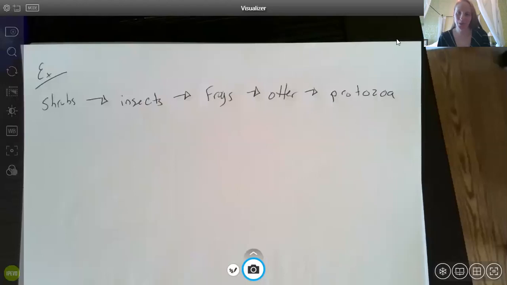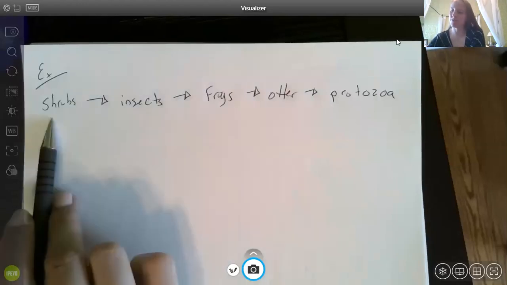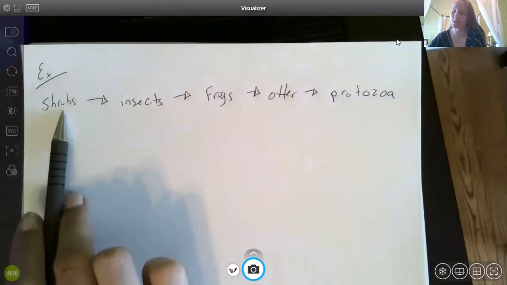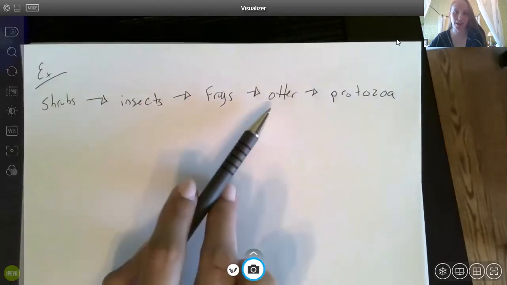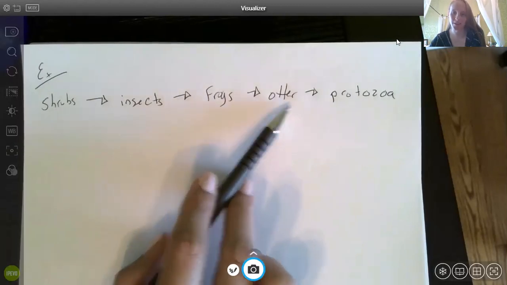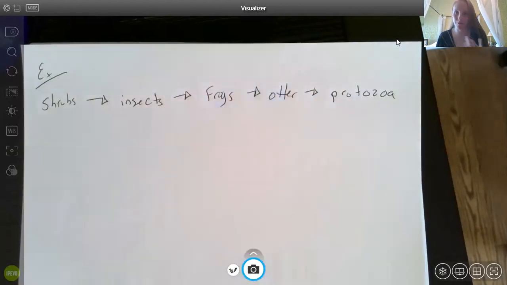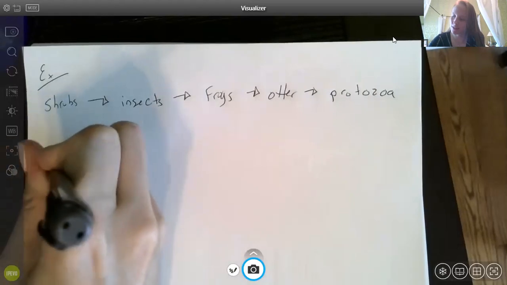Okay, so for this example here, I have given you a food chain. So shrubs are eaten by insects, insects are eaten by frogs, the frogs are eaten by the otters, and then the otters are eaten by the protozoa, which is a type of parasite. So I'm going to use this food chain for a couple different things here. The first is going to be to sketch out